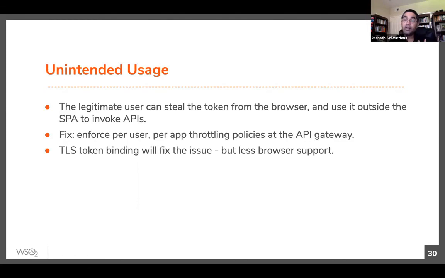The company generates revenue from ads, right? Now, if I'm a legitimate user and I get an access token, and I steal that access token and create a new application which can access the same set of APIs, then you are going to lose revenue. Other people will also go to that application and do the same things, invoking your APIs. That is why we should try to protect your application from unintended usage, even when the APIs are invoked by a legitimate user.